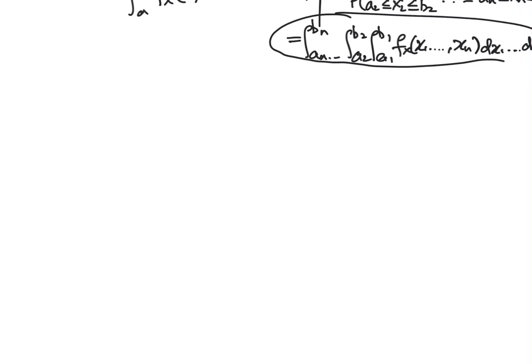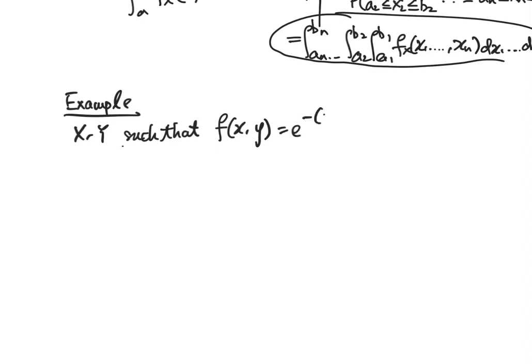Okay, so let's suppose we have two random variables x and y, such that the joint density function is given by this. Okay, and then x and y can be any non-negative number. Alright, now here let's say I want to